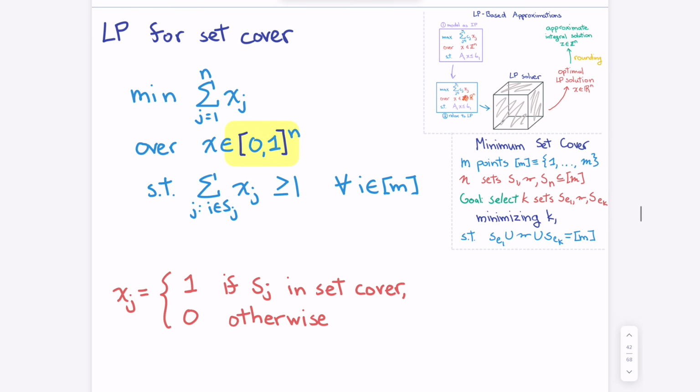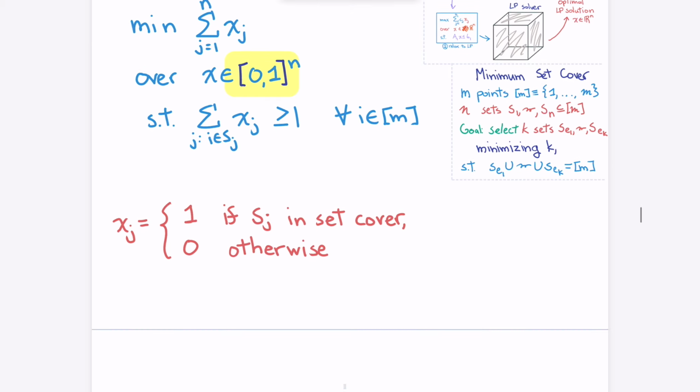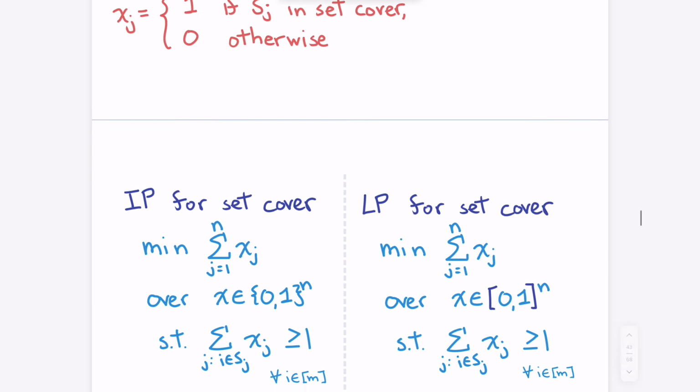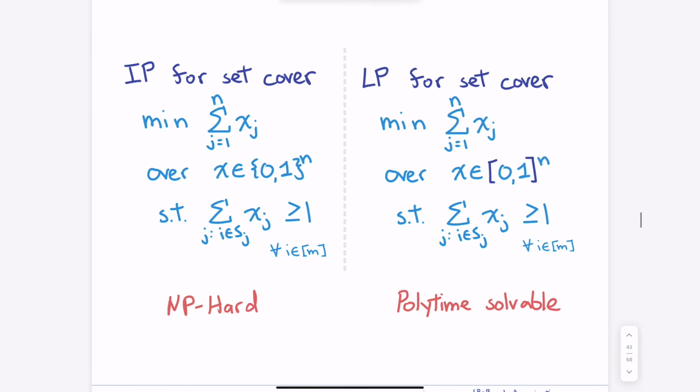Okay, so turn this into an LP. I just put this between 0 and 1. Now you're allowed to take half a set. Good. We're doing fine. And then just like before, we had an integer program that really didn't do anything but